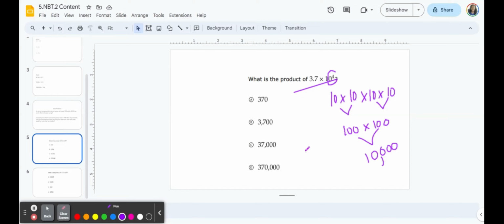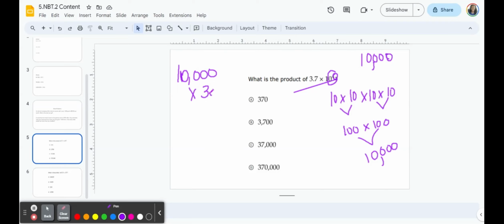Every 3 numbers get a comma. So that's one way, or you could have just seen that the 4 tells you how many zeros to put in your base 10. So 1, 2, 3, 4. Then you still would have had 10,000. All right, so now that we have the 10,000 scenario in play, now we're going to go 10,000